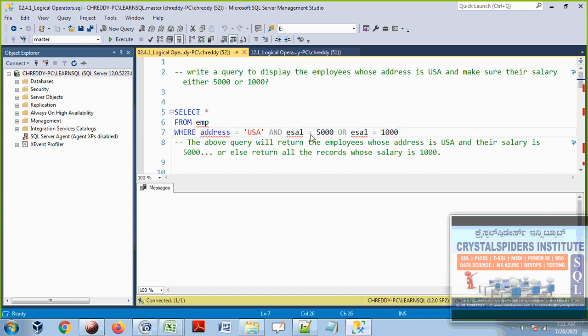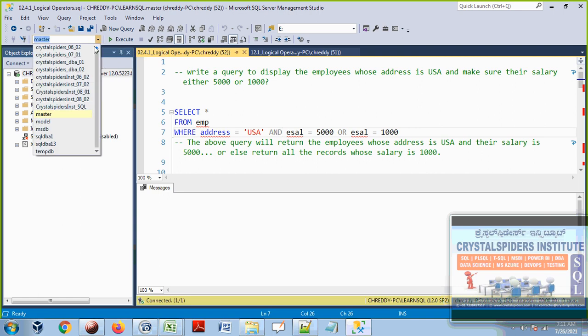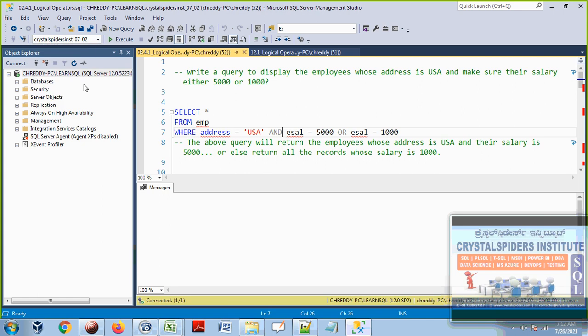As per this logic, when we execute this SQL query, I am connecting to the database, guys. You can change the connection here, click here, and select the database. This is Crystal Spiders Institute 7_02, the database we are going to use. The requirement is, I want to get the employees whose address is equal to USA, and make sure their salary is either 5,000 or 1,000.